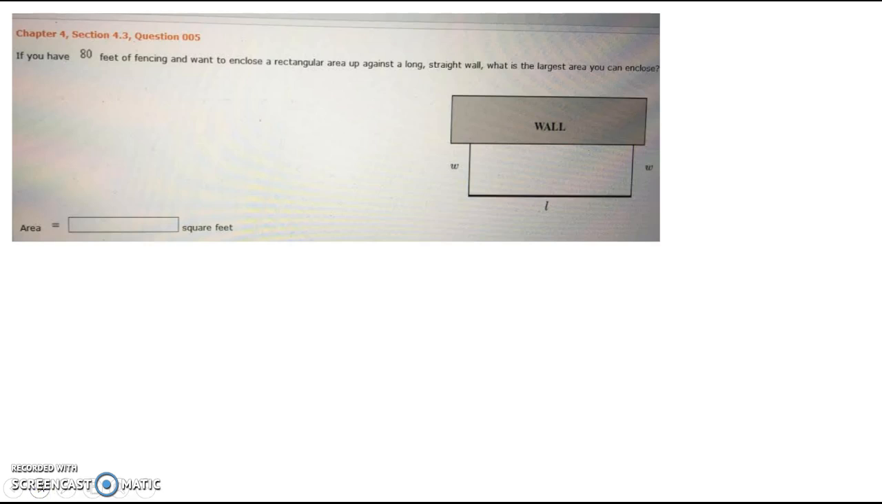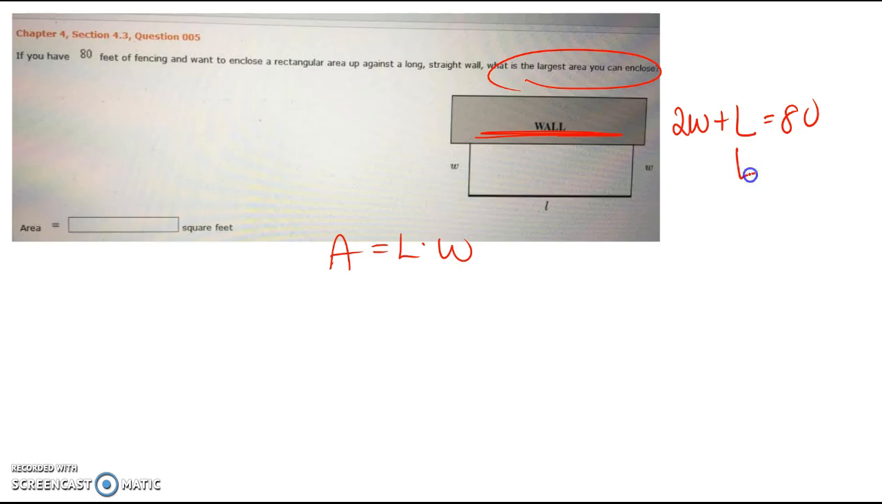All right, now here we have 80 feet of fencing, but one side we don't need a fence on, right? So here our perimeter is 2W plus L, and that will equal 80, won't it? So, again, what is the largest area? So we want to maximize the area. Area equals length times width. Now length here is 80 minus 2W. So why don't I say the length, 80 minus 2W, times W is my area,